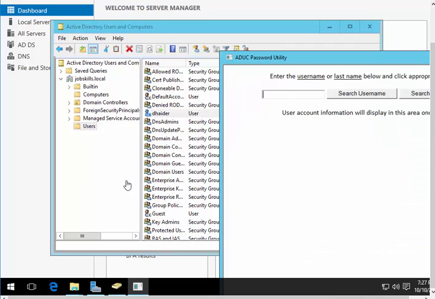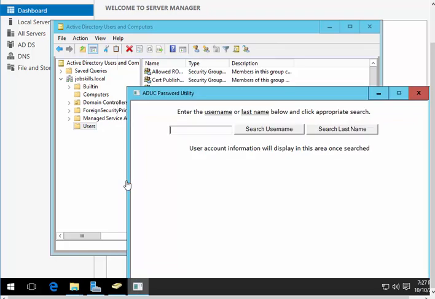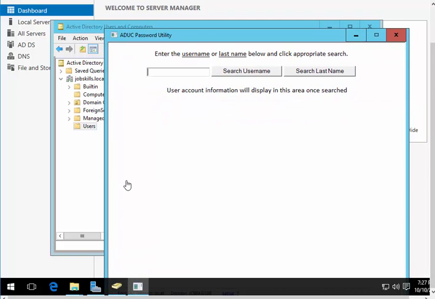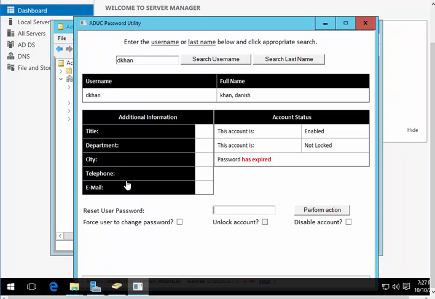I can come back here and quickly search. Let's say somebody called, their account is expired, and you don't know, because in Active Directory it doesn't show you that. You just type that, do search, and there you go. Password has expired. Okay, that's awesome, because now think about it. You will get these kinds of calls. Maybe after 130 days, a lot of people get expired, and they call you from outside.